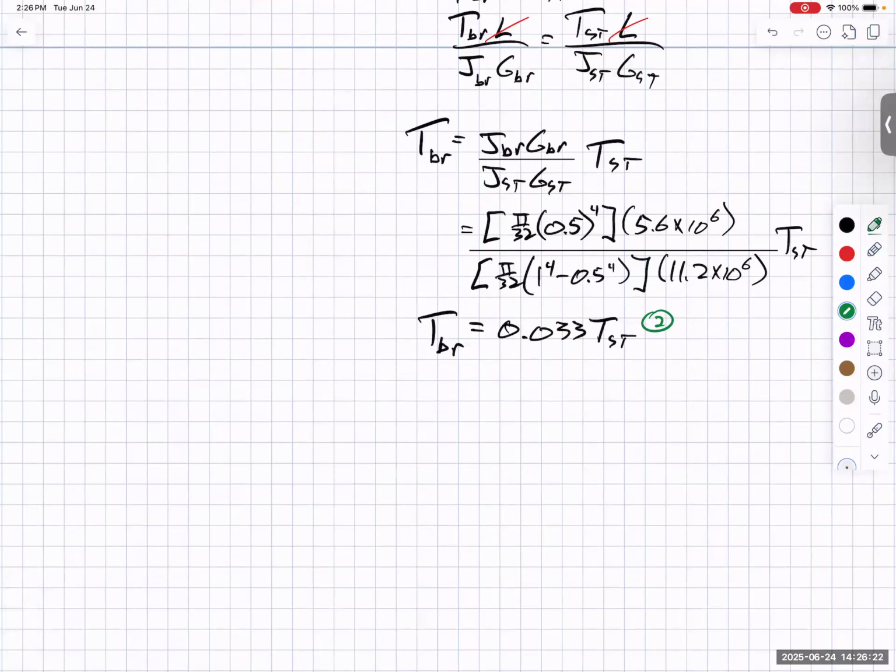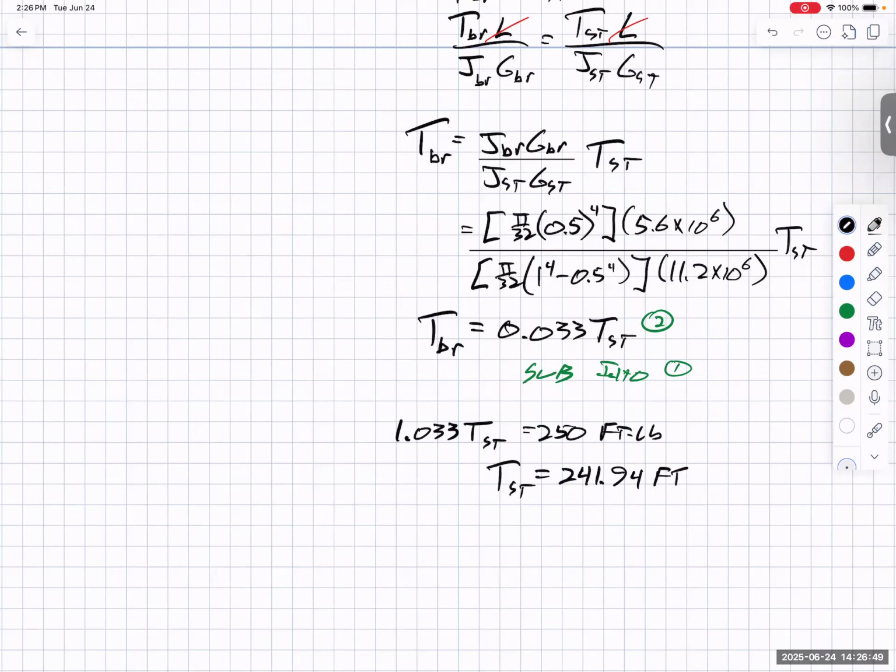So we have our second equation. We are going to sub that into equation number 1. And if I do that, then I have 1.033 T steel is equal to 250 foot-pounds. That gives me a T steel. If I divide that through, what I get,